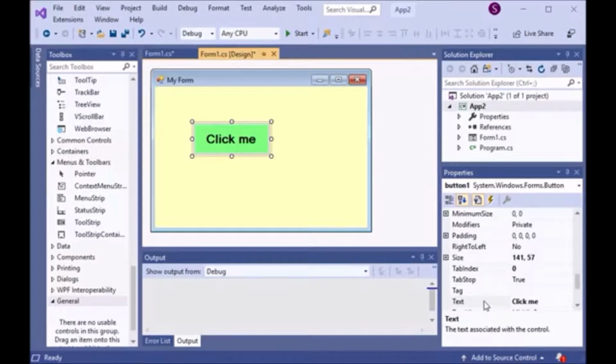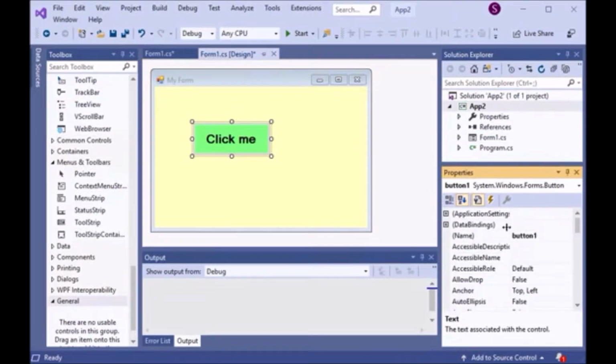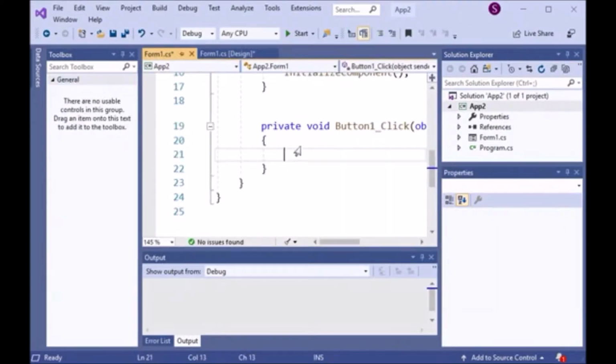There is a difference between the text, which is whatever appears on top, and the name, which is button1. The name is like a variable name, so we cannot put spaces in it. It's an identifier for this. When we double click, it will take me to a method here called button1